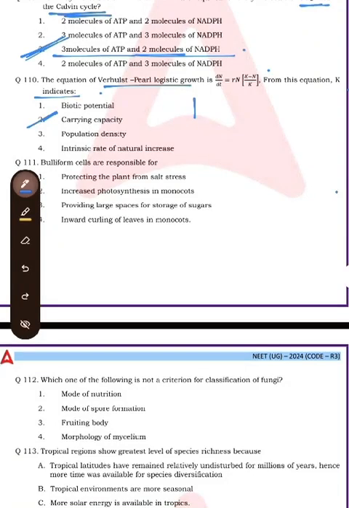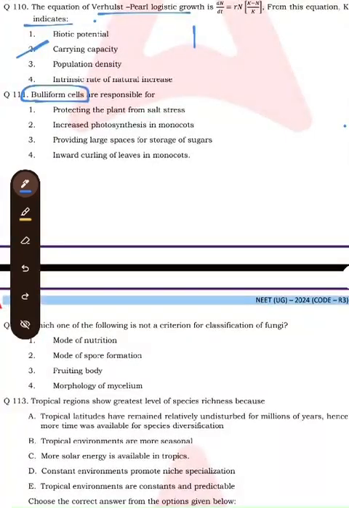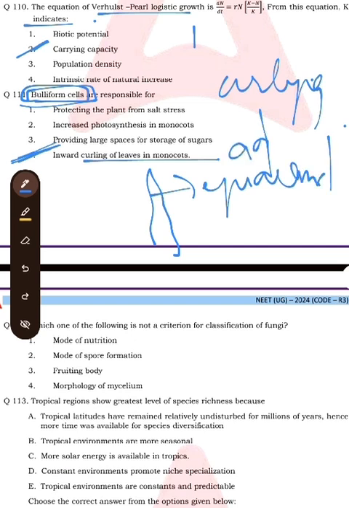These bulliform cells are responsible for what action in the leaves? So bulliform cells are definitely responsible for curling. It is inward curling of leaves in monocots. Okay. So for an explanation, if you see in grasses, certain adaxial epidermal cells which are